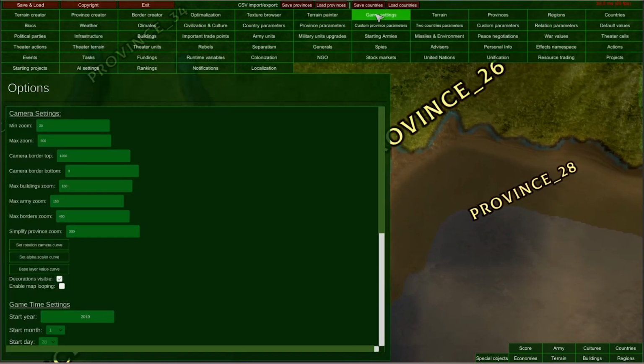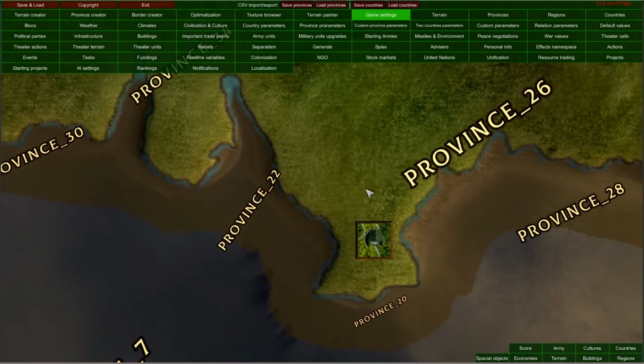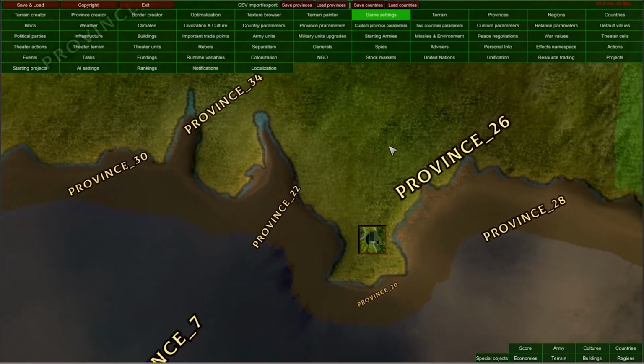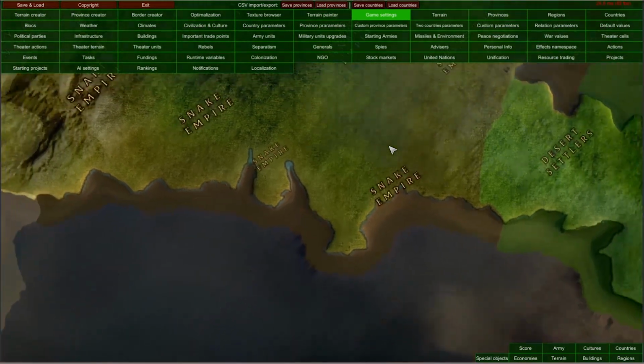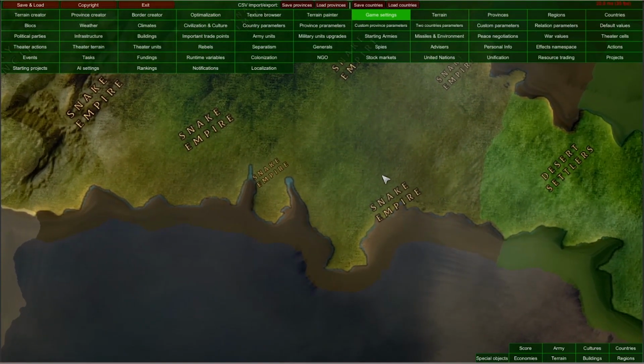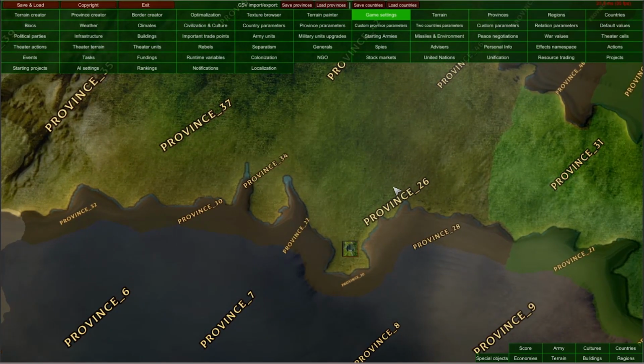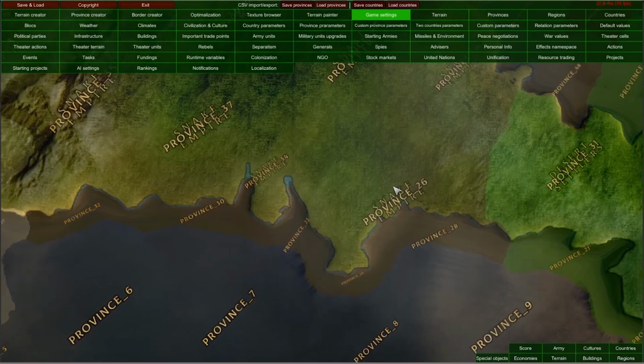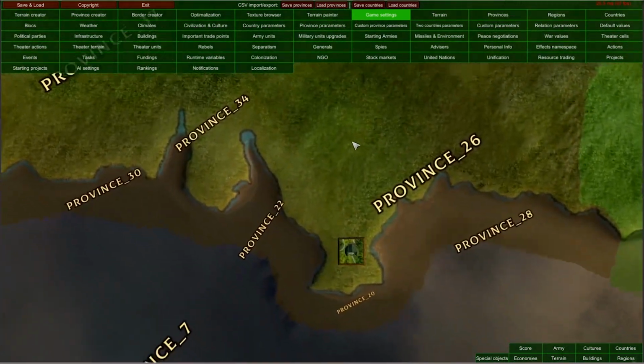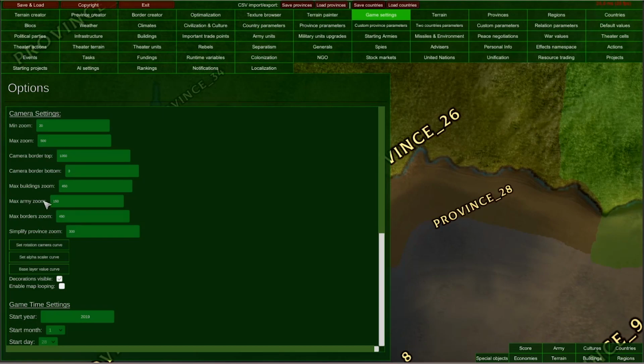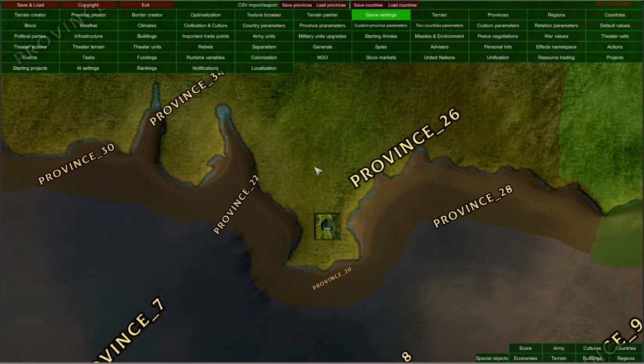And just so you know, now when I zoom out the camera, this building will disappear. That is because here in game settings, we need to change this setting right here, max building zoom. If I increase it to, for example, 450 and press enter, now this building will be visible up to the height of 450. And when I zoom out to the maximum, it will disappear. So basically, at the same time when our provinces' names change into the country's name, our buildings will disappear from the map. But you can also, of course, change those values independently of each other to create your own unique zoom in and out experience.